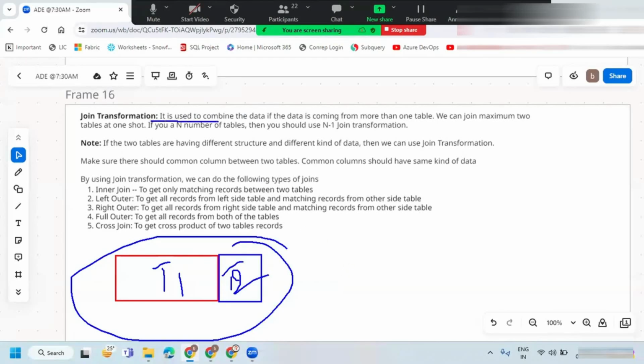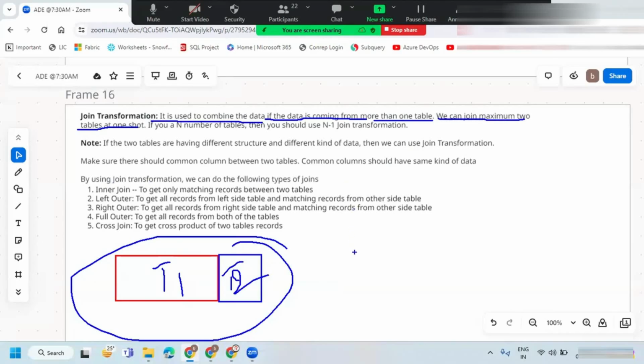It is used to combine the data if the data is coming from more than one table. The moment you see the requirement, you can feel whether data is coming from more than one table or not.